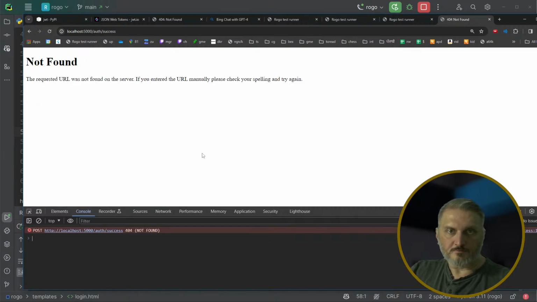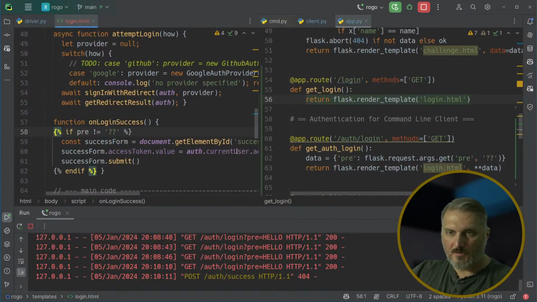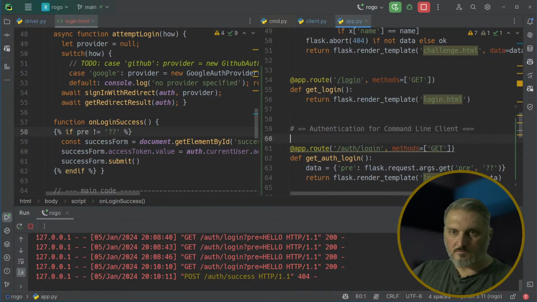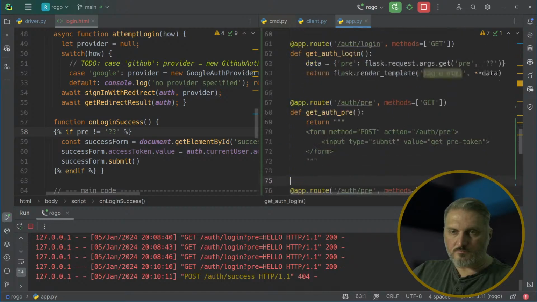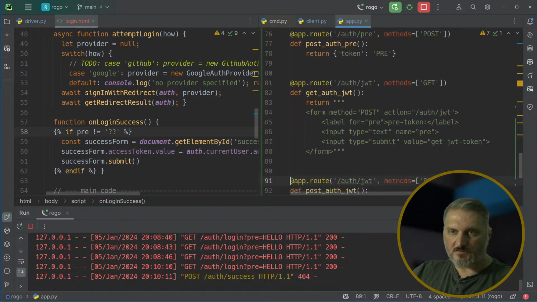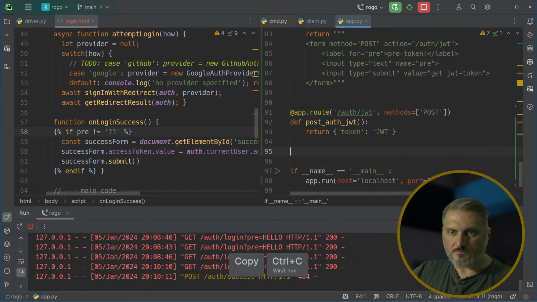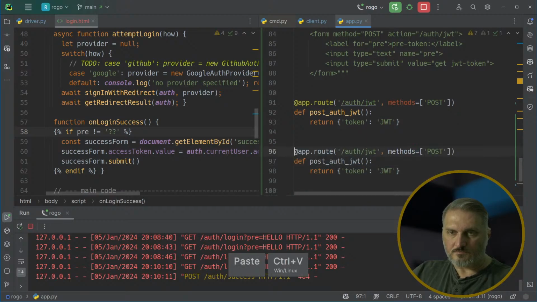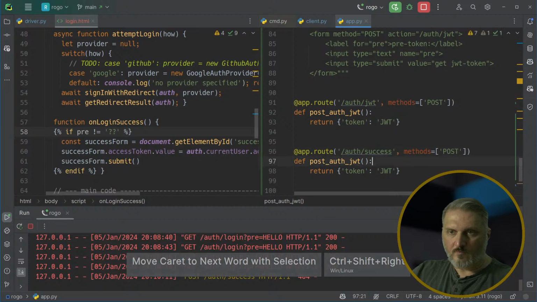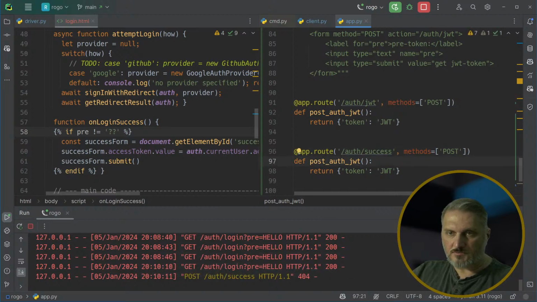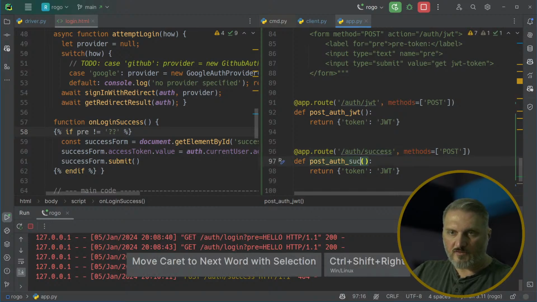There we go. So it filled out the form, submitted it, and now we should have auth success here. And if the method equals post, auth success,